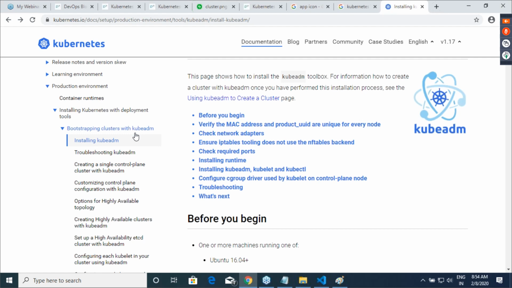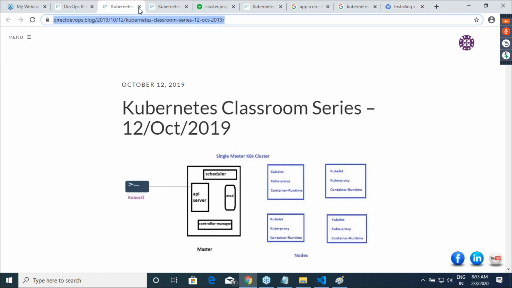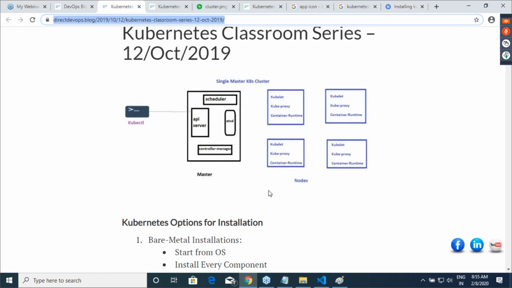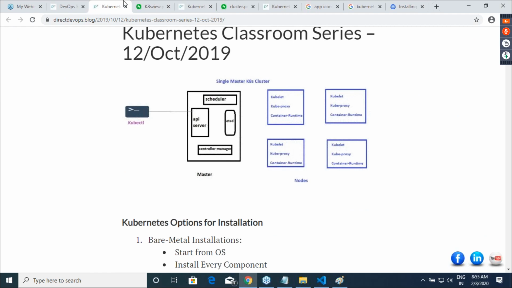Red Hat Enterprise Linux has subscription requirements. If you have a subscription, then you can use the same stuff. In your organization, you'll have a subscription, so there is no need to worry about it. But over here, we'll be using the Ubuntu flavor. All right. So our installation will be using this, and the architecture which we'll be building looks like this.